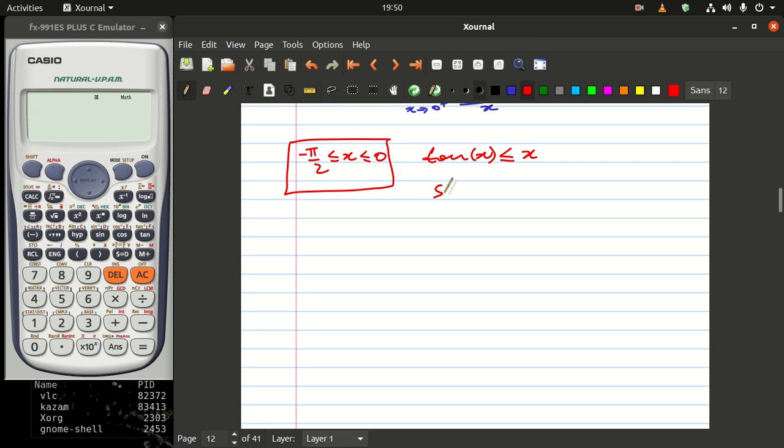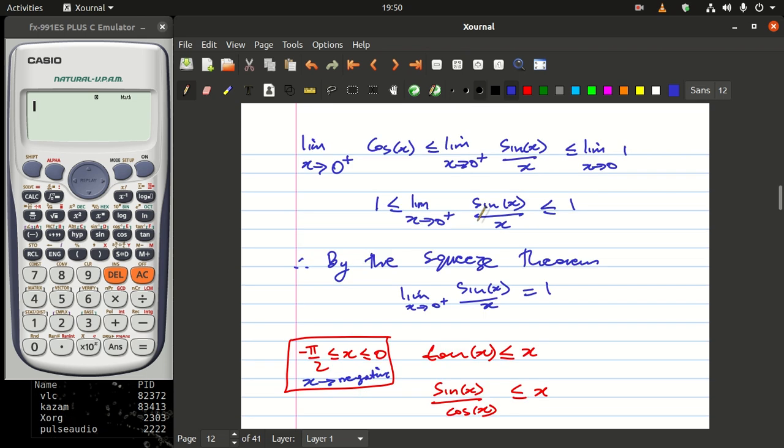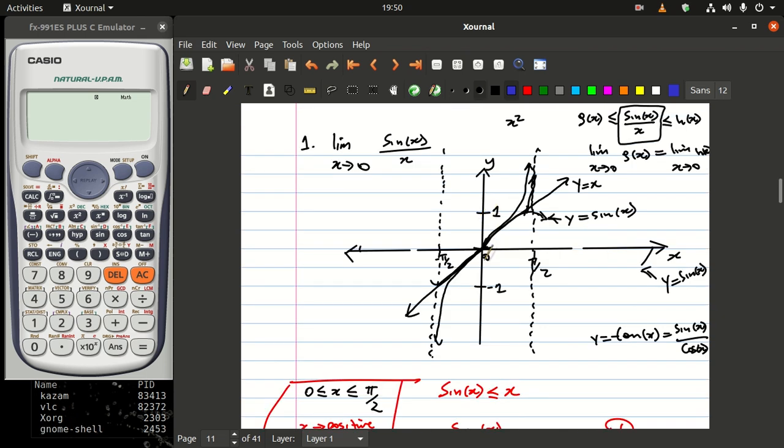and this one we know is sine of x divided by cosine of x. Tan is the same as sine divided by cos, less than or equal to this. Now I also know that x in this particular region is negative. So if you look carefully into this, I want you to see this. Let's say I look at this cosine here. Let's start with the cosine and then we'll deal with x. In this region here,